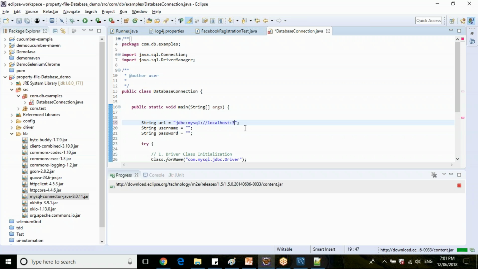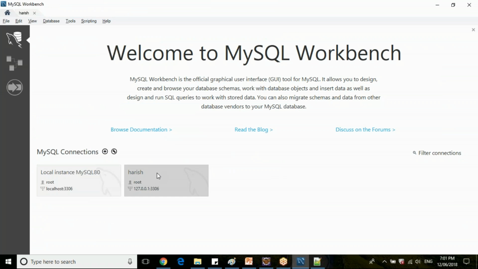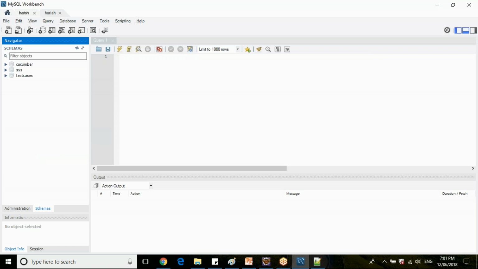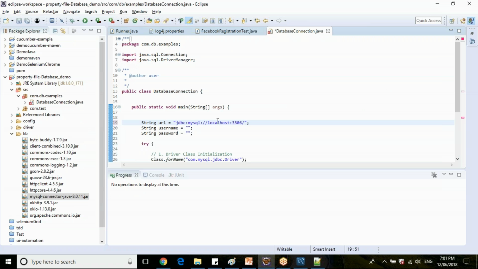So just provide the port number 3306, and the schema that I want to work with. Cucumber is our schema name, so just provide the schema name as Cucumber. So this is your URL.